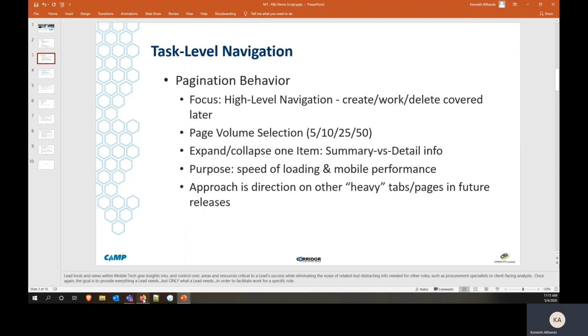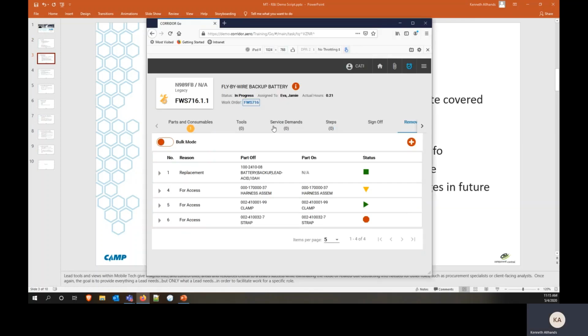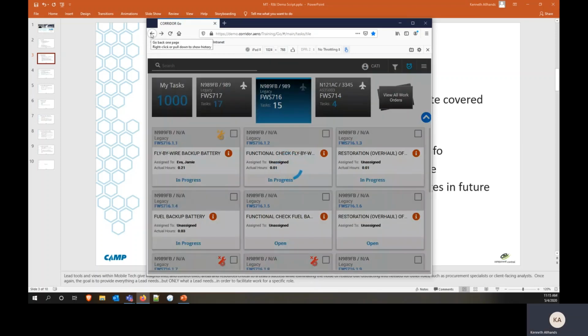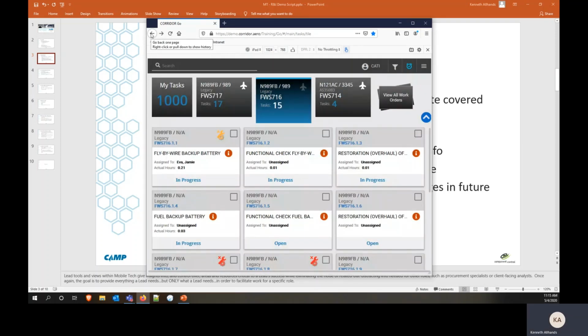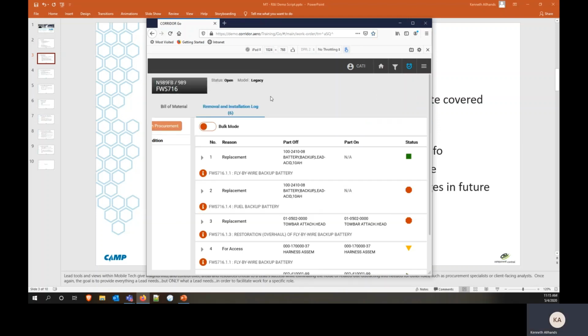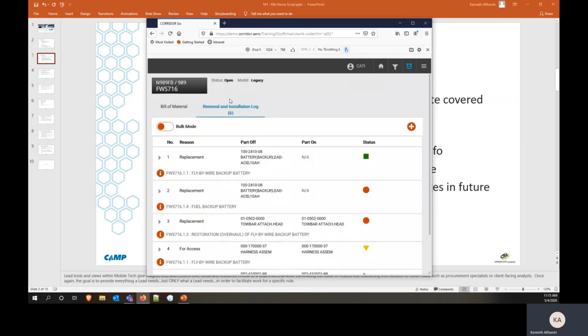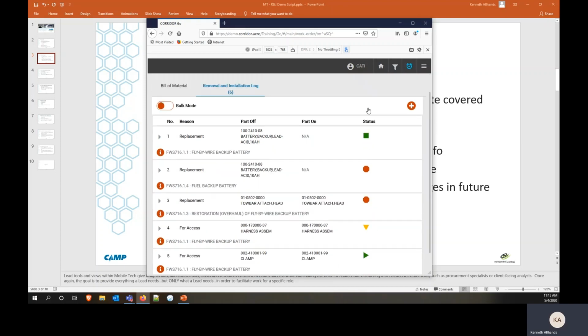So let's go ahead and start off by taking a look at what an R&I log list is going to look like within the mobile environment. In this case, let's pick this particular work order on a fixed wing aircraft. And our landing page for the work order, when we go specifically in, is now going to be our R&I